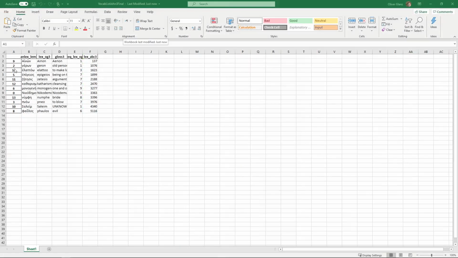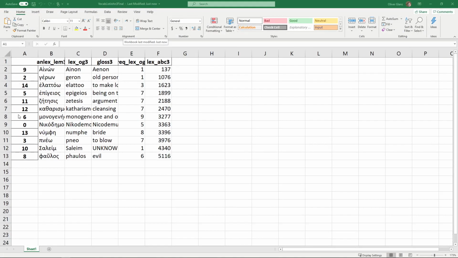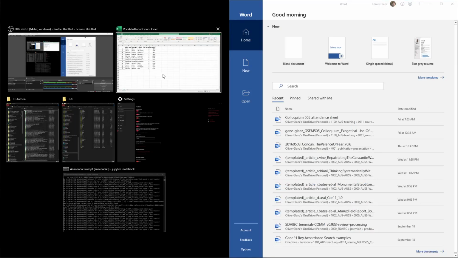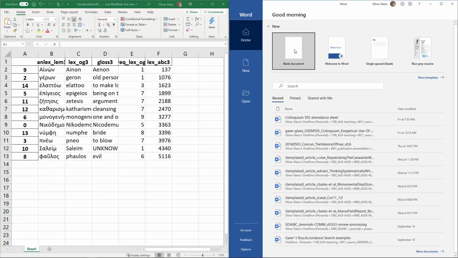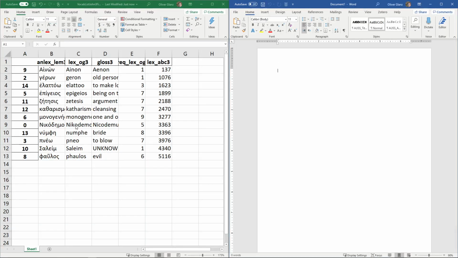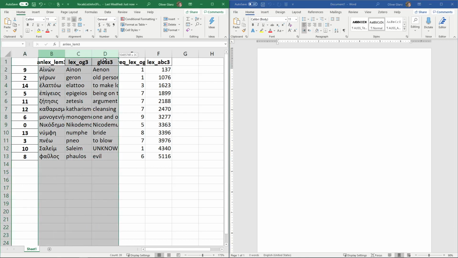Here it's pulled out. That's your vocab list. It shows all words that appear less than 10 times in John chapter 3. And from here on, it's obviously an easy task. You just open your word processor that you prefer to work with, and then you copy that information